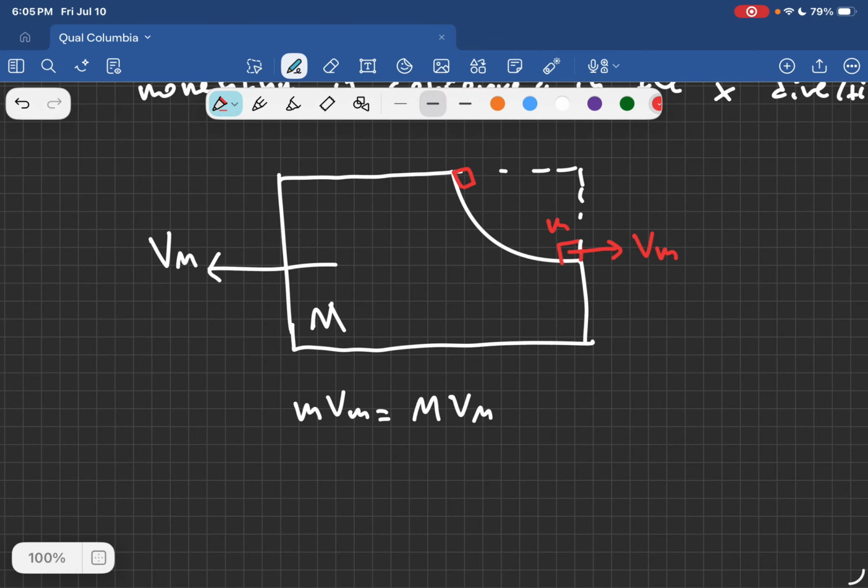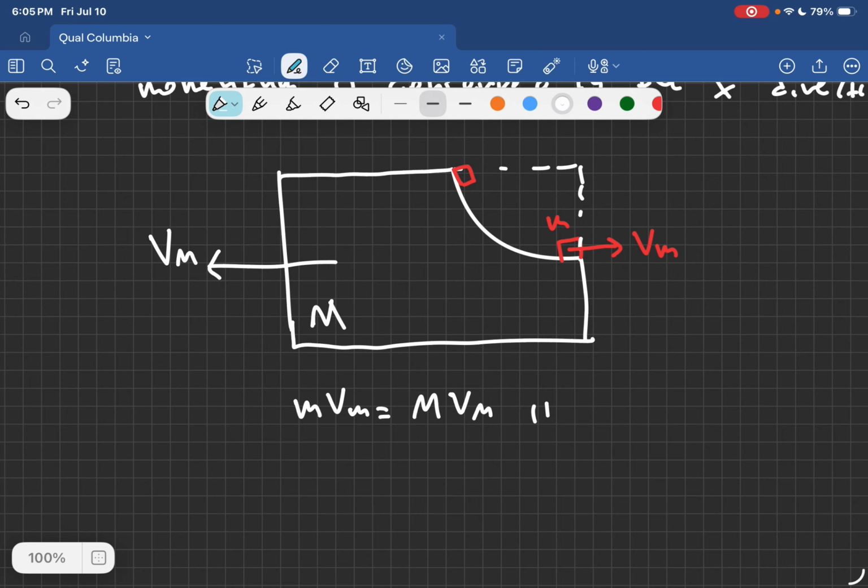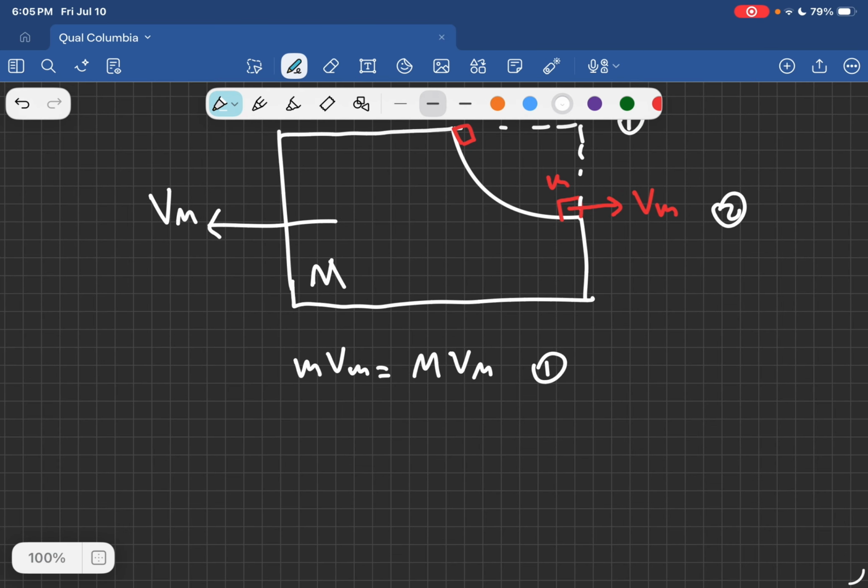So the first relationship is this one, and the second relationship is that if we use conservation of energy between point 1 and point 2, we immediately see that lowercase m times g times r, which is the gravitational potential energy of the smaller block, is equal to